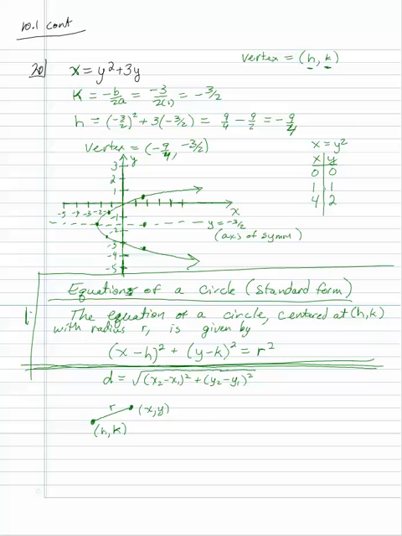So if we plug this into that equation, r equals the square root of x sub 2 minus x sub 1, which would be x minus h, squared, plus y sub 2, which is y, minus y sub 1, which would be k, squared. And then you square both sides, you get r squared equals (x minus h) squared plus (y minus k) squared, which is really the distance formula. And that gives you a circle. So if you find all the points that meet that criteria,